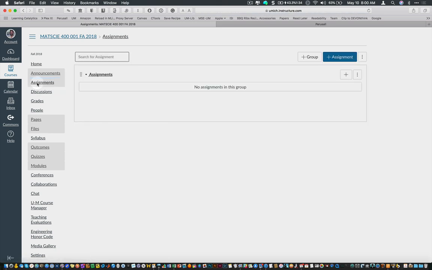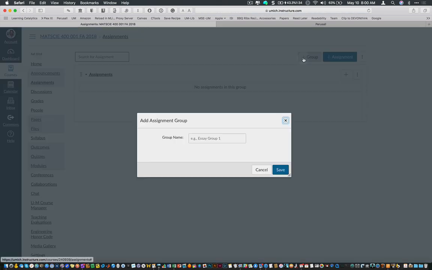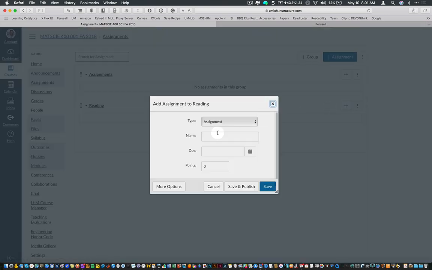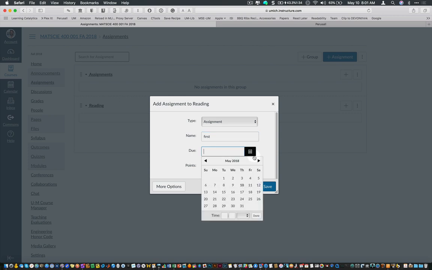When I click on the Assignments tab, I like to make a group called Reading. So I'll type that in. And luckily it fixes my spelling. And then I make an assignment in Reading. And I'm going to call this just First. And I'm going to make this due for the beginning of my class, which will be probably the second